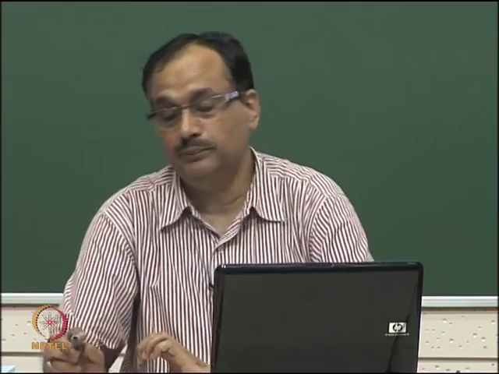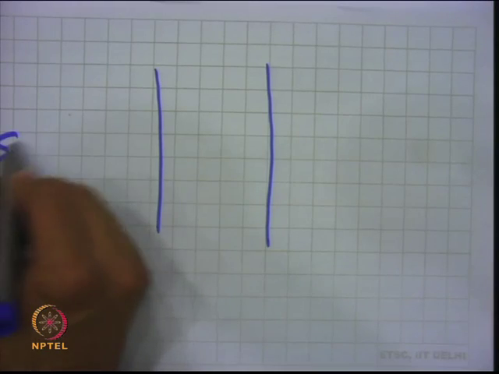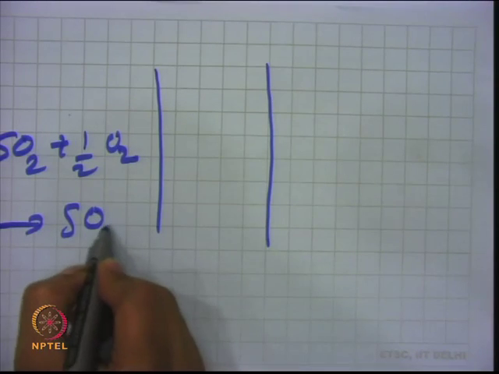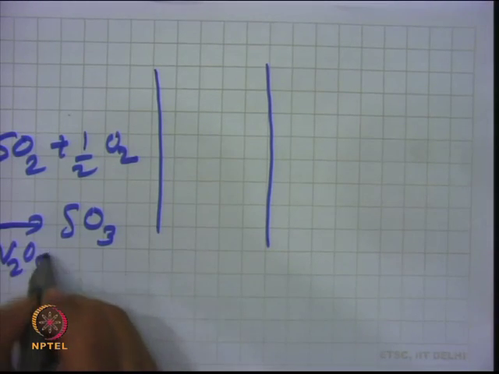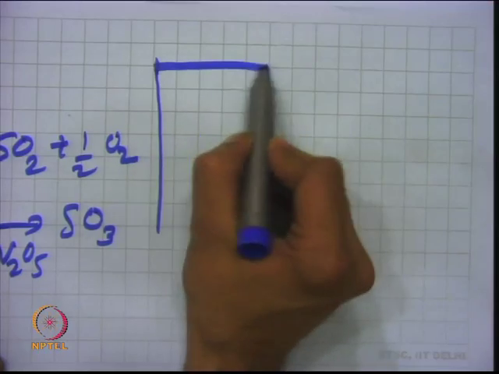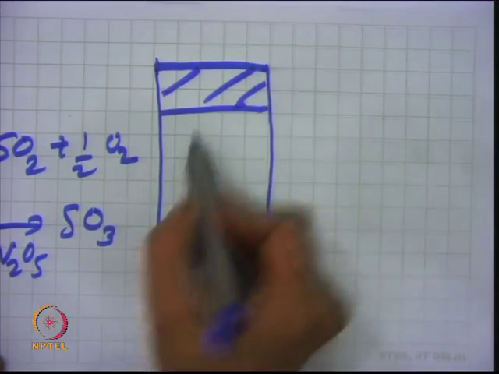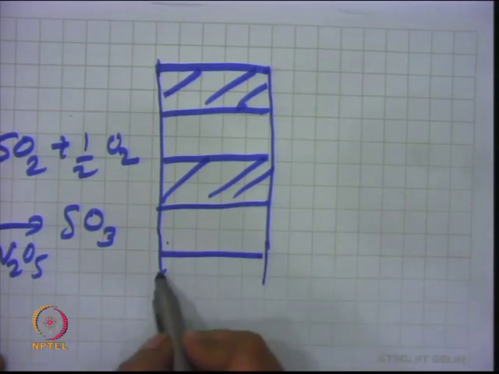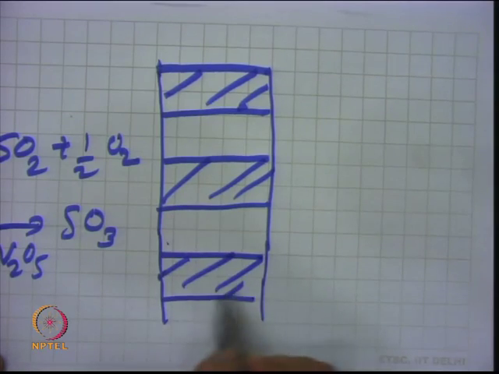In that case we need to look at a different kind of configuration, where heat is removed at intermediate stages. Just as an example, take a fixed bed reactor with a single tube, like in sulfur dioxide oxidation. The reaction gives you sulfur trioxide, and the catalyst used is vanadium pentoxide. Since the reaction is highly exothermic, what we do is make different beds of the catalyst like this. First stage, then a second bed of the catalyst and a third bed of the catalyst, and it can be a fourth bed of catalyst.